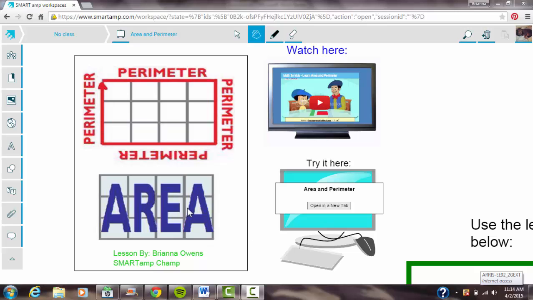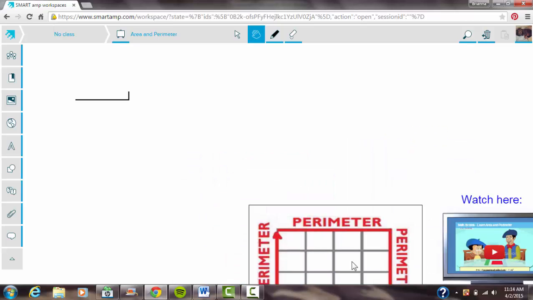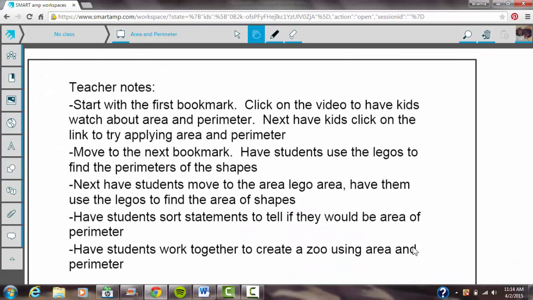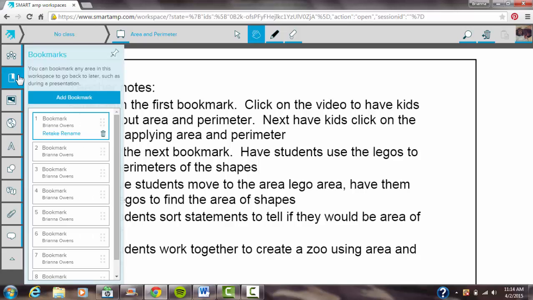So to start my lessons, first of all, I always have a teacher note section in the top left-hand corner. This is just a summary for the teachers. You can read through this, or if you just follow the bookmark tabs, it's pretty self-explanatory. And there's directions for the students, because I know if your kiddos are like mine, they really like to just